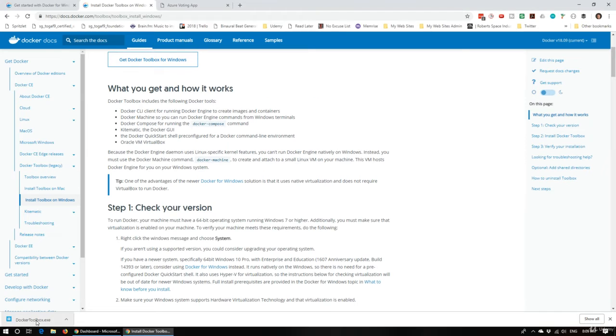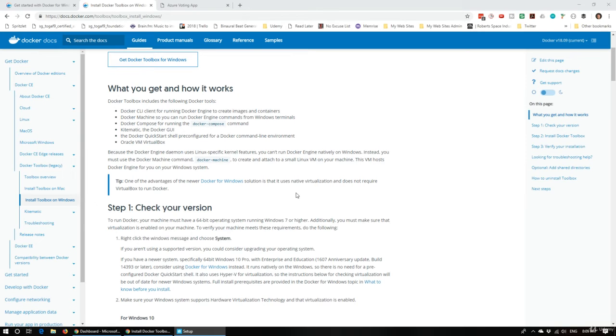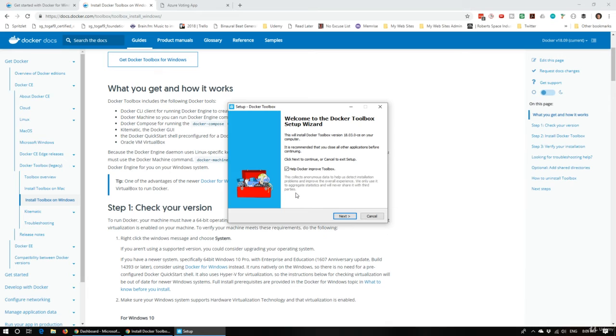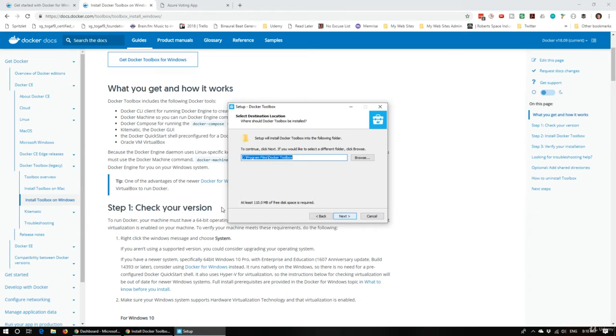So we're going to then install Docker Toolbox. Again, if you have the right version of Windows, there's probably some advantages to getting Docker for Windows. As the page says, it uses native virtualization. It does not require VirtualBox to run Docker. So this will create the desktop shortcut, and